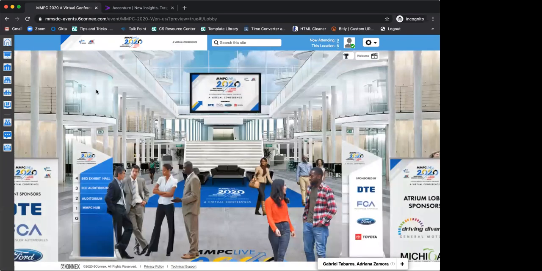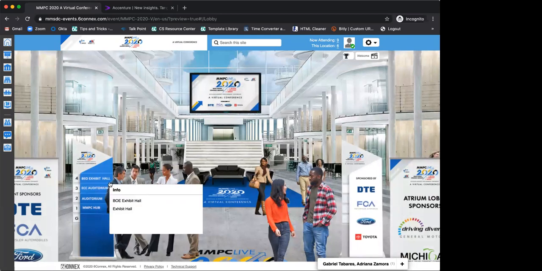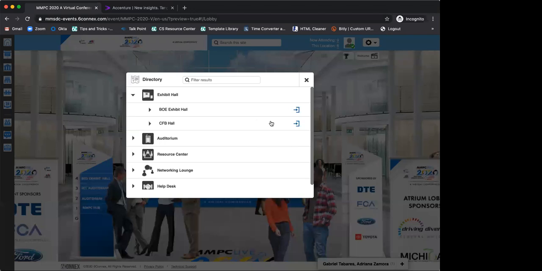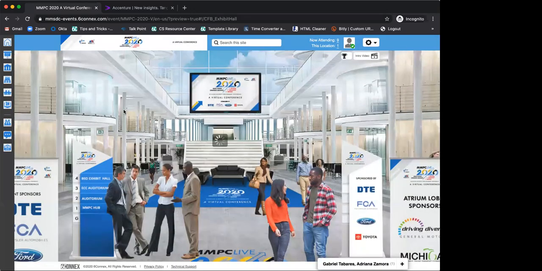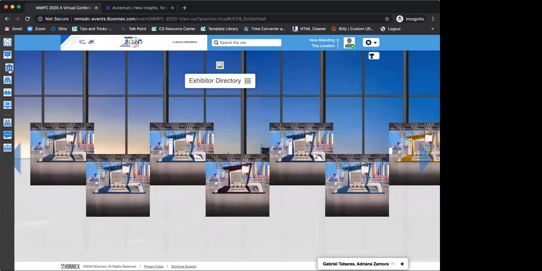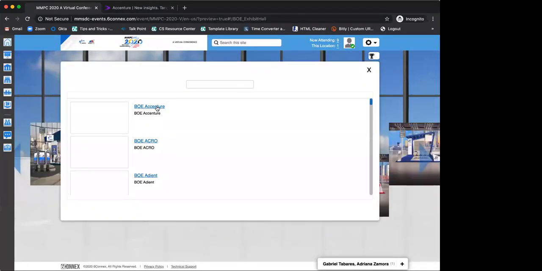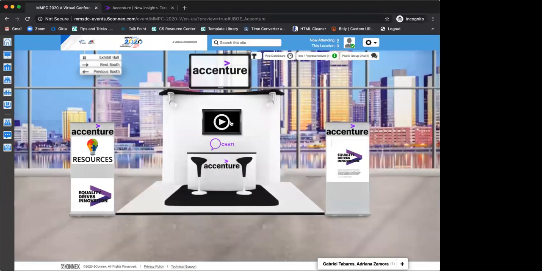Actually, I can go back to the lobby and these will be active as well. So you can even say to them that they can click from here. For the career fair, it is just by clicking on the third icon. It will take them directly into this and then they can go ahead and select the booth, as I just did. And they will be here. They can keep on scrolling on that exhibit hall as well, not just the way I did it. Okay, but that's the way they can get in.